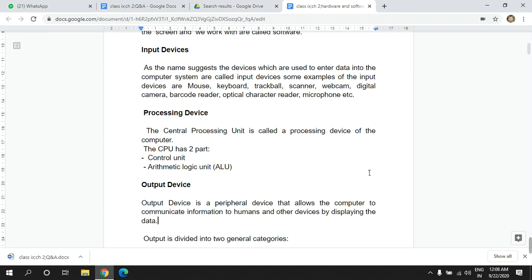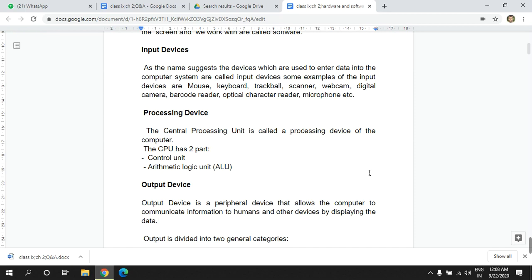One is called the control unit. The control unit controls all the activities of the computer system. It manages all the input output operations of the computer. The other unit is the arithmetic logic unit. As the name suggests, it takes care of all the arithmetical, that is mathematical, and logical operations done by the computer.